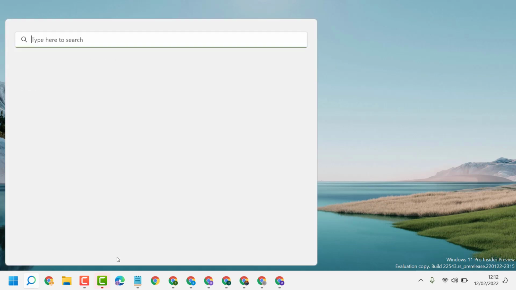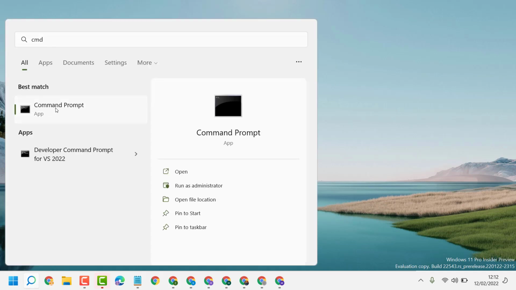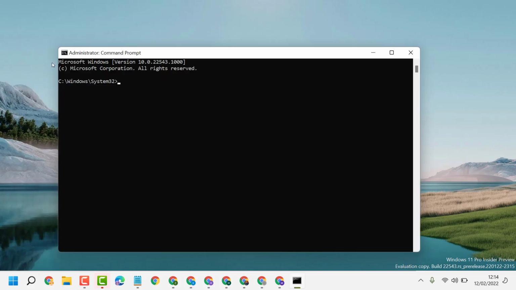Firstly, click on start. Now type cmd, right click on command prompt and run as administrator. Now here type this simple command sfc /scan, then press enter. Now guys, this scanning process will take a couple of minutes, so complete this scan process, and